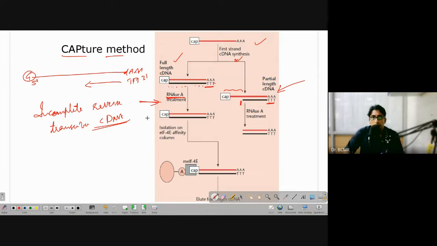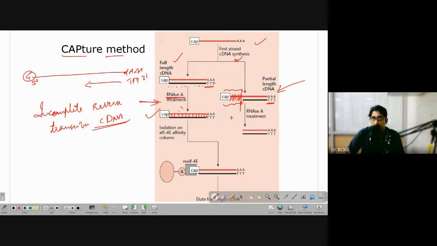So in this case, the RNA is completely bound like this, so there is no degradation by RNase. The RNase cannot act on it. Whereas in incompletely reverse transcribed ones, this part of it is not base pairing, so it will be degraded by